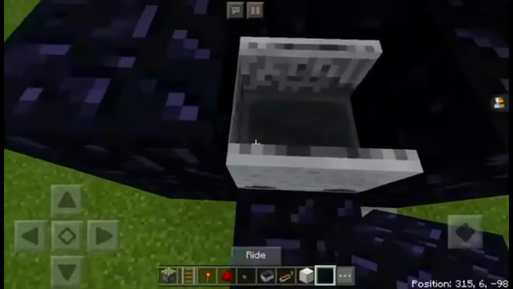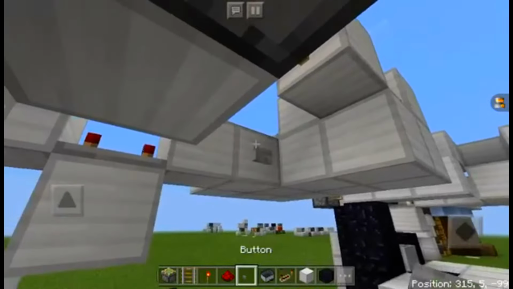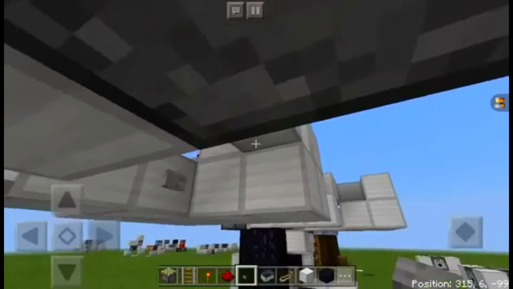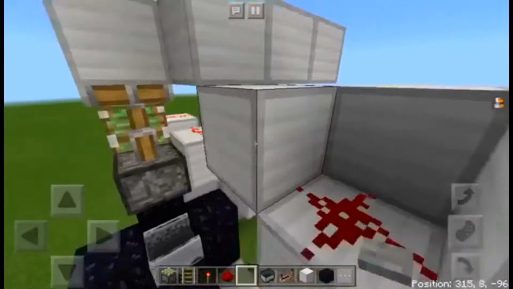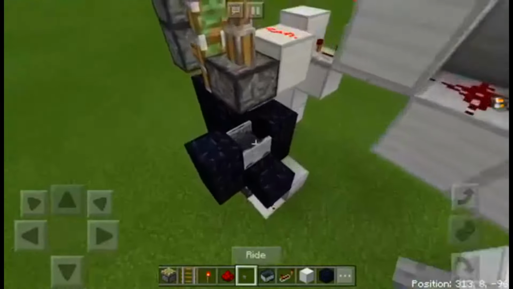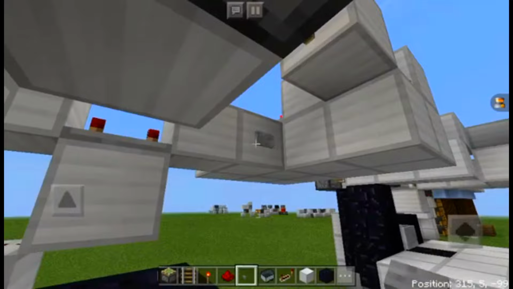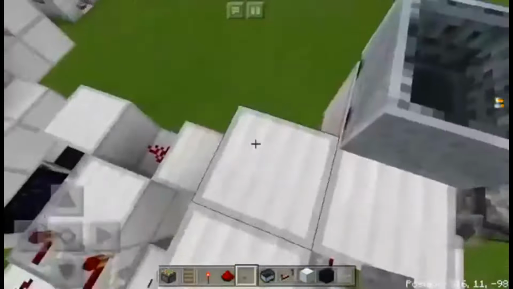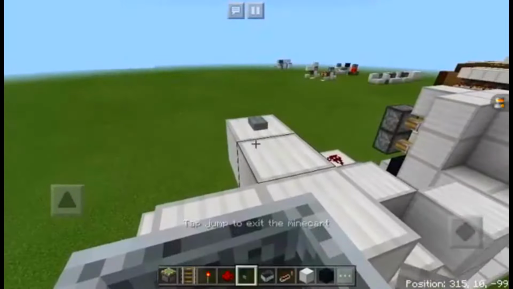Okay, so next you're just gonna want to get into the minecart and place a button wherever you can reach when you built your actual design. And this bulky bit may actually be a problem when I install this, so this will probably get moved. But yeah, when you get in and press the button, it launches you up. When you get in and press the button,